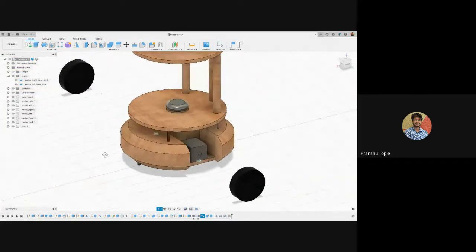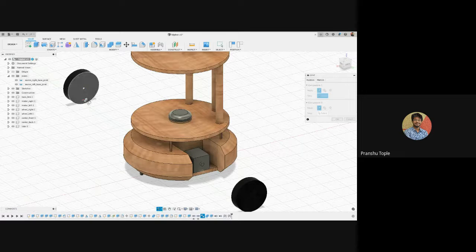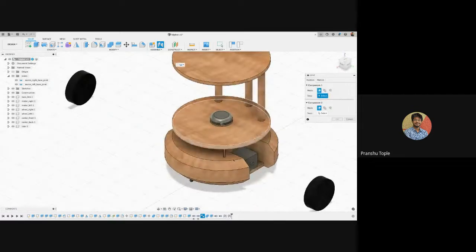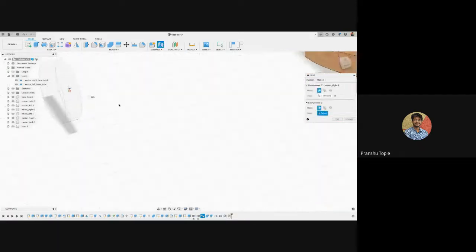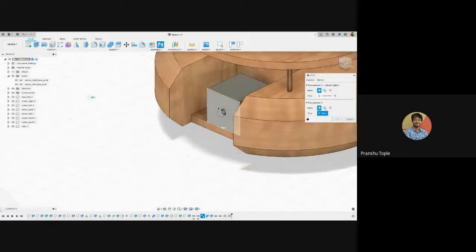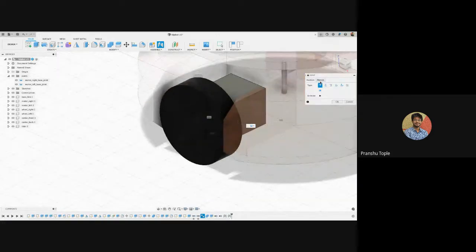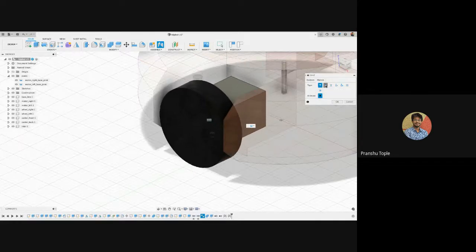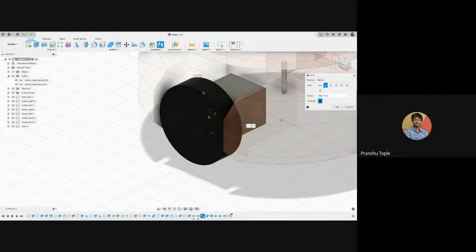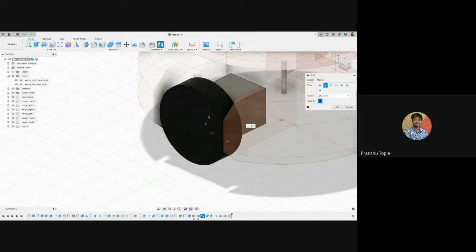Now let's connect wheels to it. Again, while I have pressed J for making a joint, I want wheels to be the child and my motors to be the parent. So I will select the center of this wheel, and then I will rotate. I will select this shaft. I will click here. Wheel has come over here. But here if I do motion, it is a rigid joint. I don't want it rigid. I want the wheel to rotate. So I will select a revolute joint, and just make sure it's going in the right direction. Just animate it. You can see a flag animating. See, this means it's moving in the right direction.